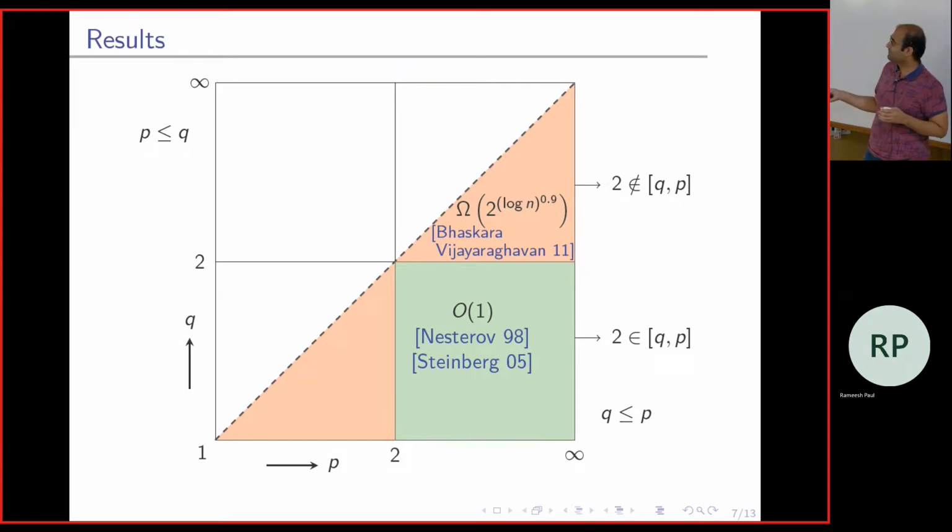So that's part of our work. Nesterov gave it an arbitrary constant. Steinberg also gave it a constant, which sometimes is comparable to ours. Sometimes we do better. Sometimes he does better. But the hard constant doesn't depend on P and it depends a little bit on the